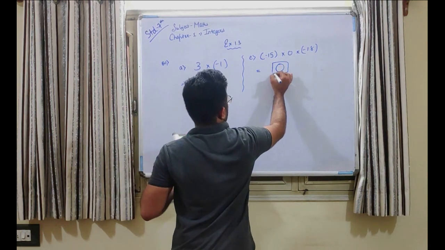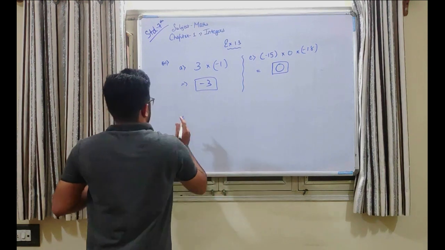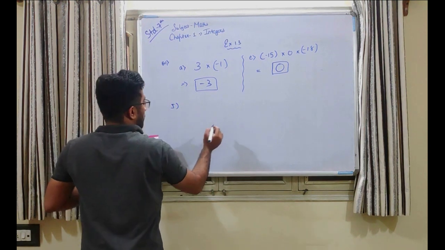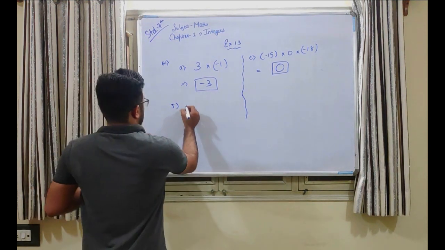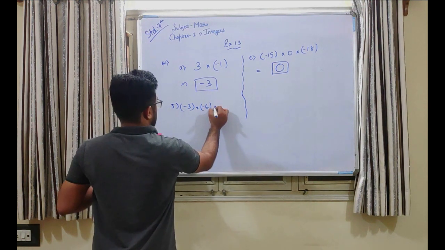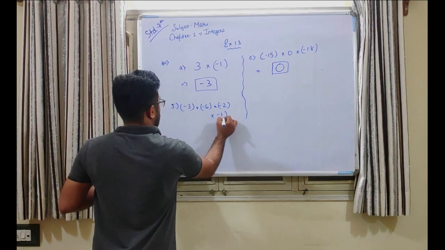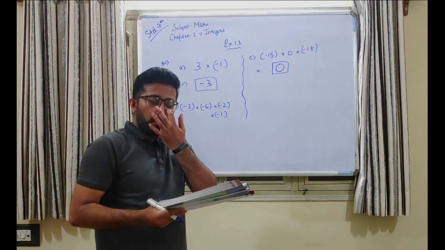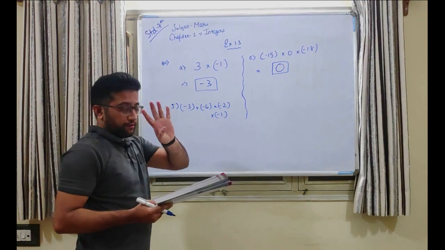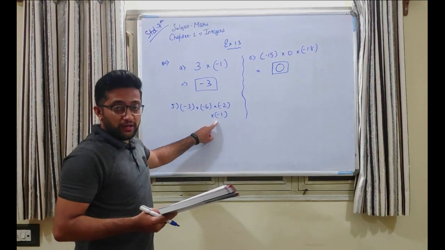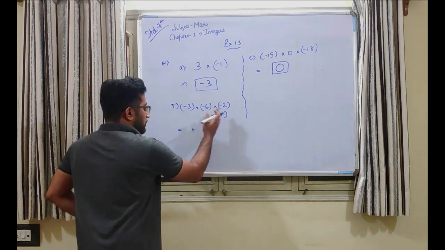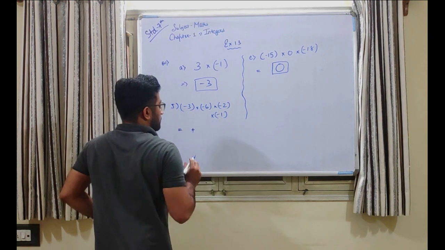Okay, very simple sum. Okay, let us try J, which is having 3 digits. Some of you might find it difficult to solve. So minus 3 multiply by minus 6 multiply by minus 2 multiply by minus 1. Now we learned about multiplication of more than 3 numbers regarding its sign convention. There are 4 signs of negative number. 4 is an even number, so our final answer will be positive. We just need to multiply, that is 6 3s are 18.